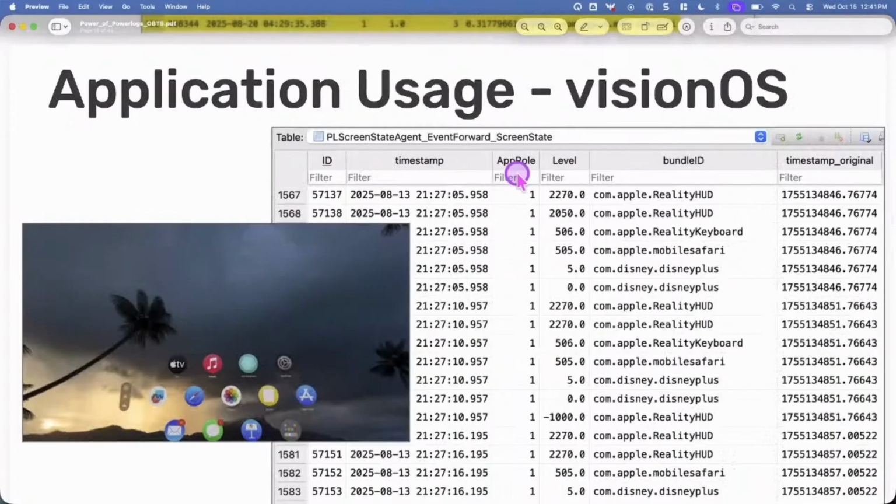Vision OS, everyone's favorite, most expensive device that they may or may not actually use. That's me. I don't use it. It hurts my head. Just to throw in another example here, you can in fact take a sysdiagnose of the Vision Pros. It's the two buttons. You have to click them, but you end up taking a lot of screenshots, just like any other sysdiagnose on iOS. And we still have the bundle IDs here as well. You see a lot of the reality heads-up display in here. That's kind of the iPad strapped to your face view. And I'm going back and forth watching Disney Plus movies.